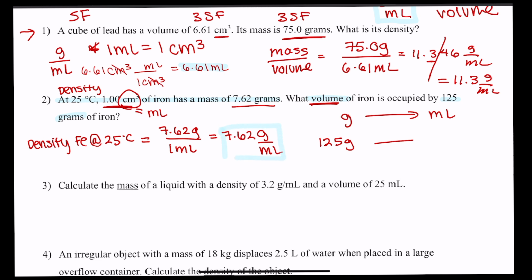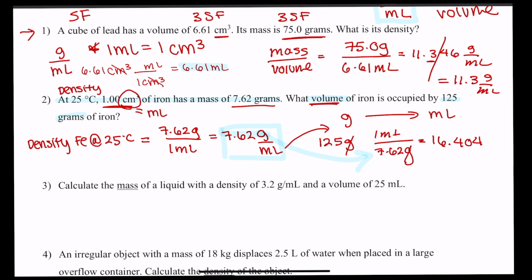We solved this in the beginning. So we've got to cancel out the grams. To do that, we put this top value in the bottom and this bottom value on the top, giving us 1 milliliter over 7.62 grams. And if I do that, I get 16.404